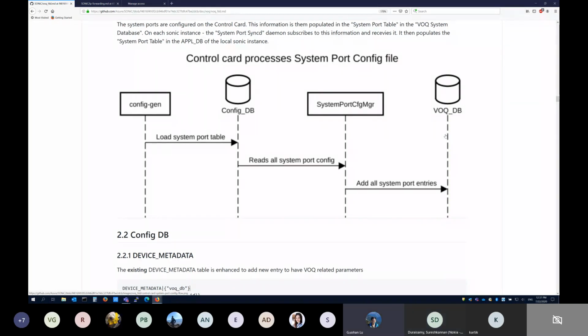But how do you know that whatever is in the chassis DB is complete, like it has all the system ports? So right now, if you look at the implementation aspect of it, we use the number to know that, okay, the number of system ports is 1,000, and we put that in the DB as an indication to each